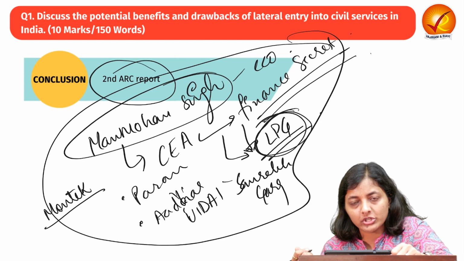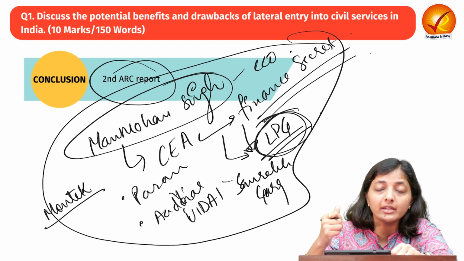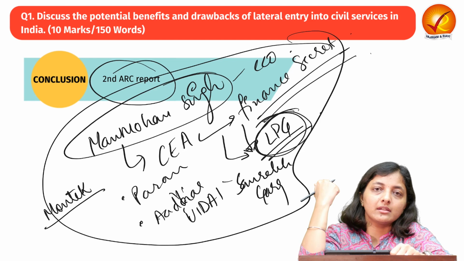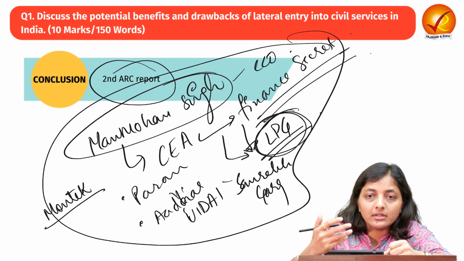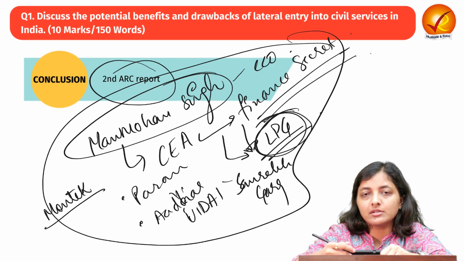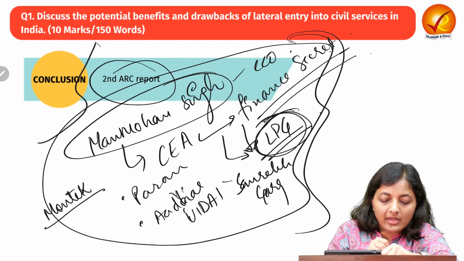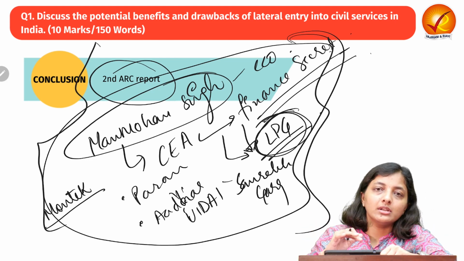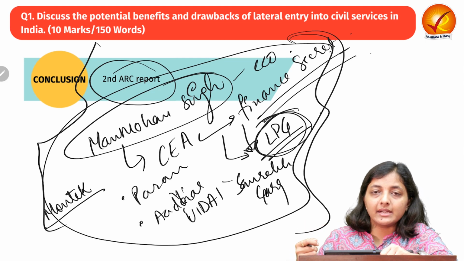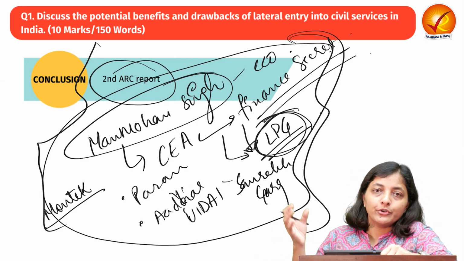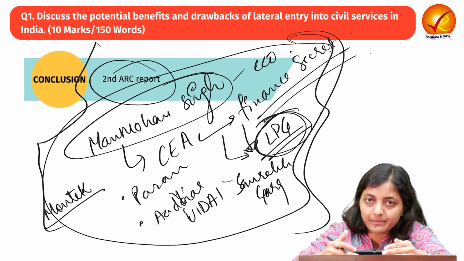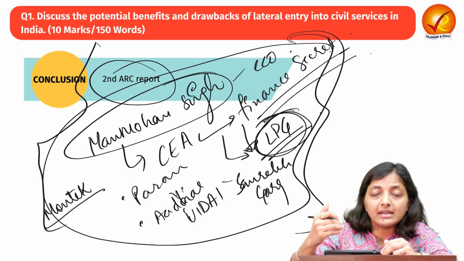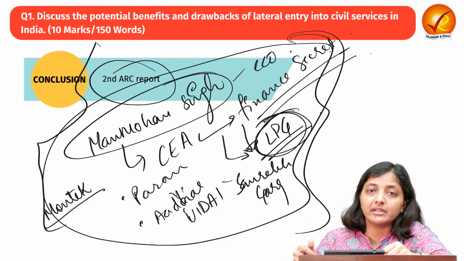But we have to be more cautious about the recruitment and the training. We have to give them meticulous training so that there will be no conflict of interest, and regulations for those lateral entrants. So this way we can write something on a balanced note, the positives and the negatives and the measures to put them into the services, because we want their specialized skills, as well as to see that it upholds the integrity and the effectiveness of the ecosystem of the civil services.